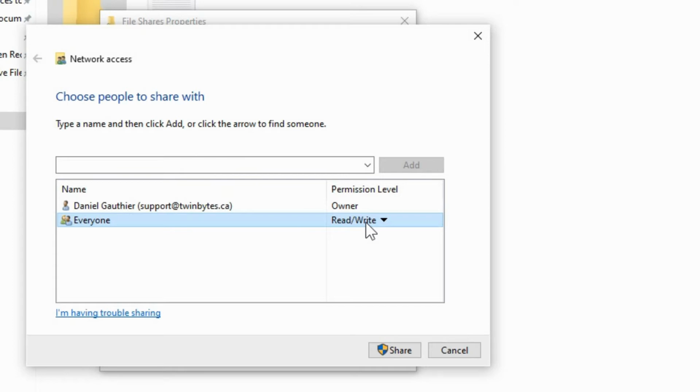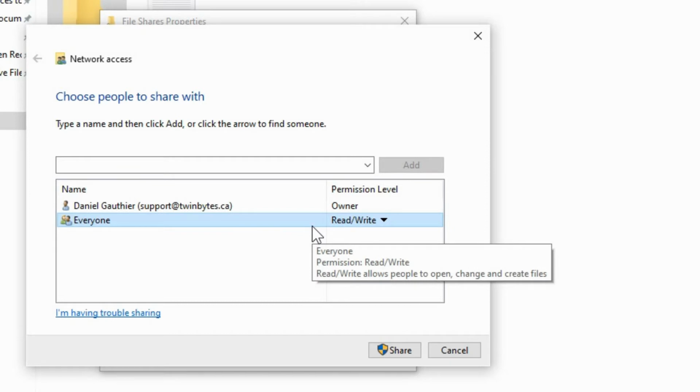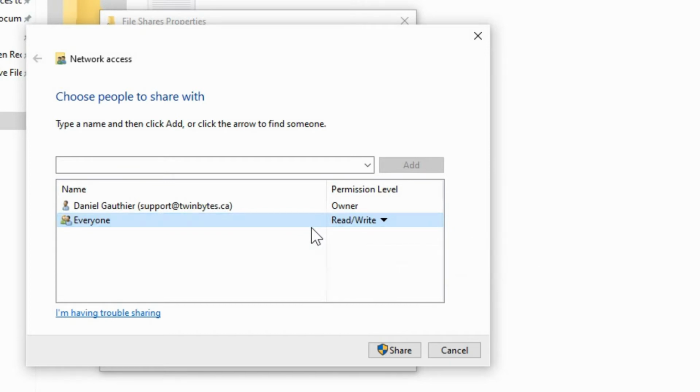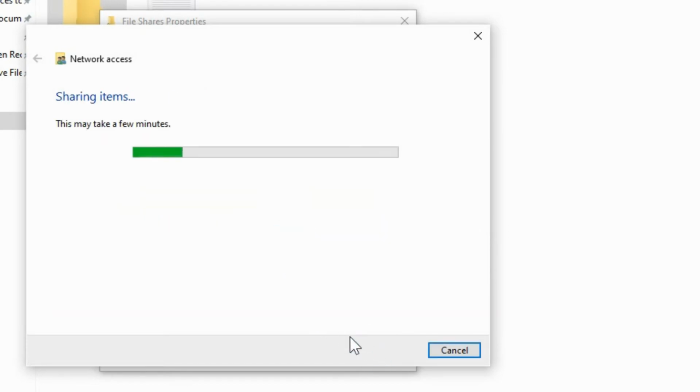It is easier to set everyone to read write and then control the security permissions from the security tab. If you want to do it all from here, you got to make sure it's done correctly, and this is a little bit tighter security, listing each group or user one by one and specifying if they're read or read write. So we'll hit share.